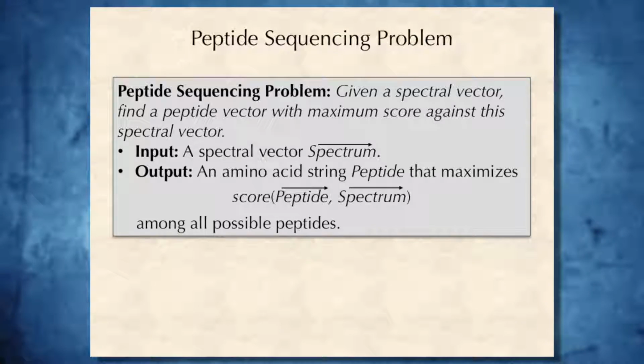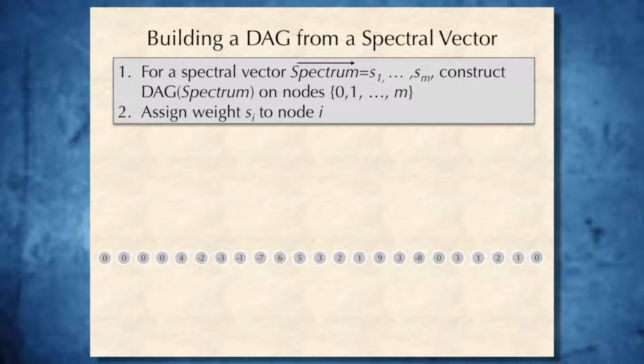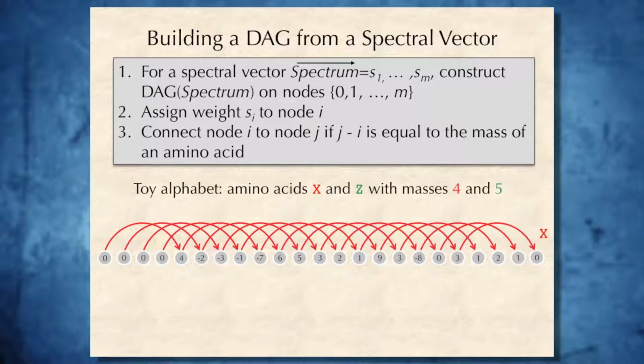To solve this problem, we will construct a directed acyclic graph for a given spectral vector. For a spectral vector S1, S2, ..., Sm, we will construct a graph on m+1 nodes with nodes labeled 0, 1, 2, ..., m. And we will assign weight Si to node i. How will we construct the edges in this graph? We will connect a node i to node j if j minus i is equal to the mass of an